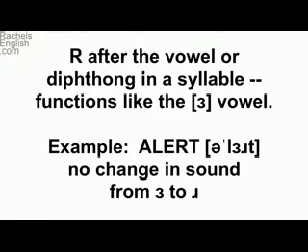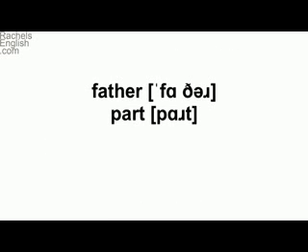So when the R comes after the vowel or diphthong in a syllable, it functions much like the vowel sound. For example, in the word alert. Alert. There's no change in sound there from the vowel symbol in her to the R consonant symbol. It's all just one sound. And this R consonant as a vowel sound occurs anytime the R consonant comes after the vowel or diphthong in a syllable. For example, in the word father,